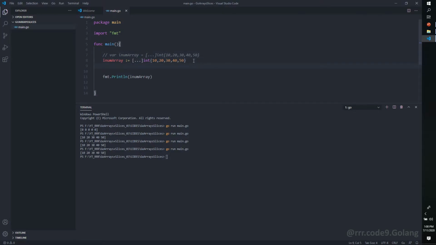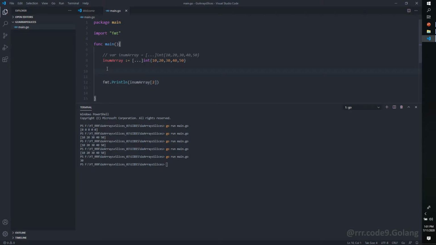The next question comes how to access the elements of the array. So let's say, for example, here we are printing the complete array. In case you want to print the third element of this array, how to do that? The indexing will start from 0. So 0, 1, 2. The third element is having index 2. So let's mention 2 here and print the third element. So here you can see the output is 30.